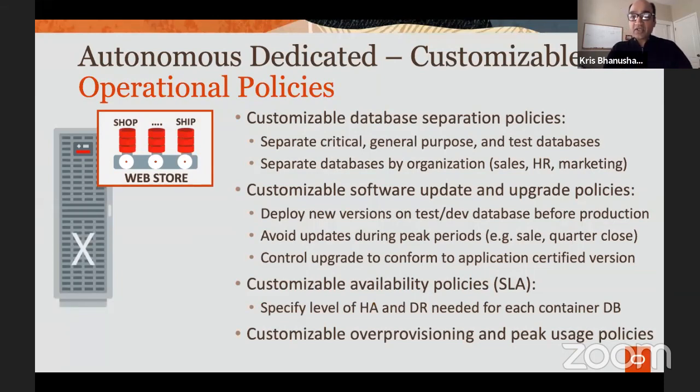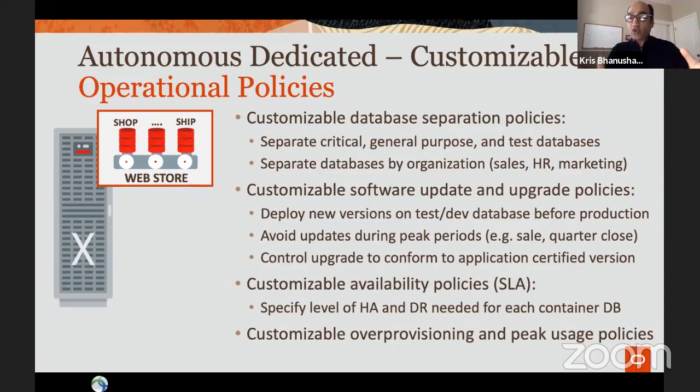Customizable operational policies. So the fleet admins decide when patching operations occur, how backups take place, versions of the database software, allocating CPU counts to lines of businesses. So let's say the fleet admin gets a full rack of Exadata with about 400 cores, right? So now they can decide X number of cores go to this particular project or this line of business, this much storage gets assigned, so they can actually utilize or set up the hardware accordingly, create the compartments and set up the environment.